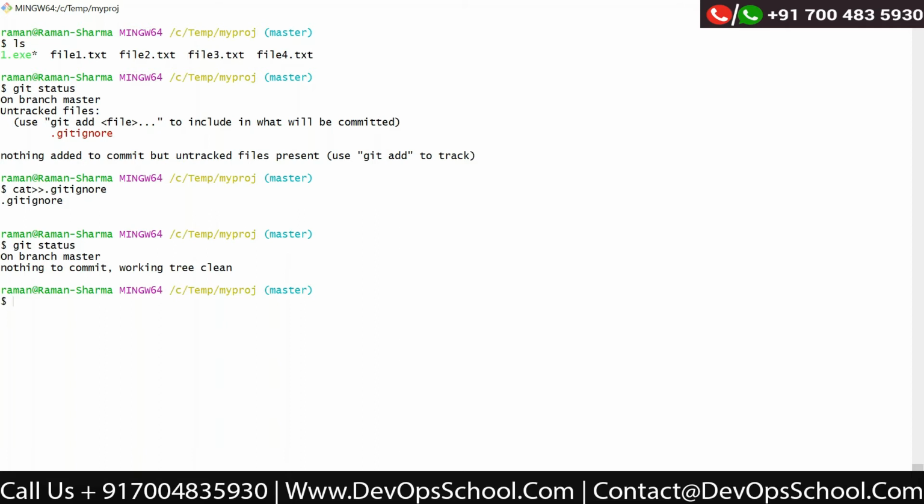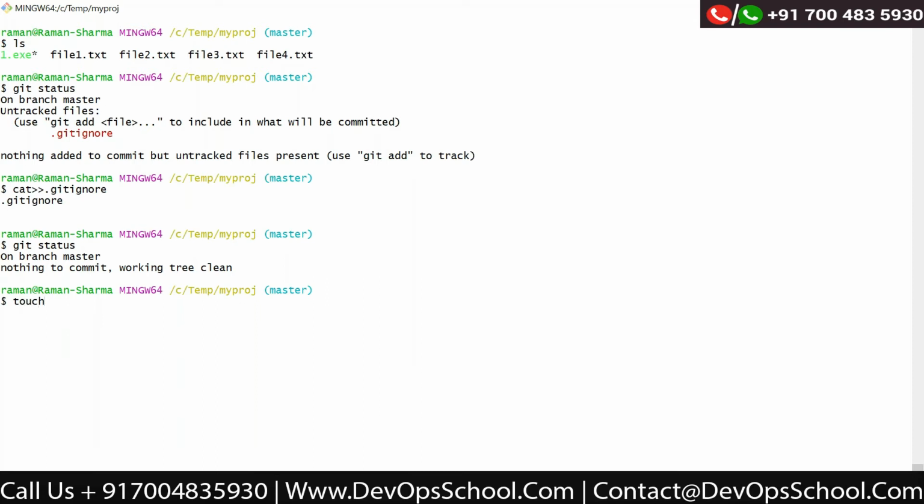Not only this, you can use wildcard characters also. Like you have log files. You don't want to track the log files because these are very heavy files, and unnecessarily they will add a burden to the repository. So let me create some files.